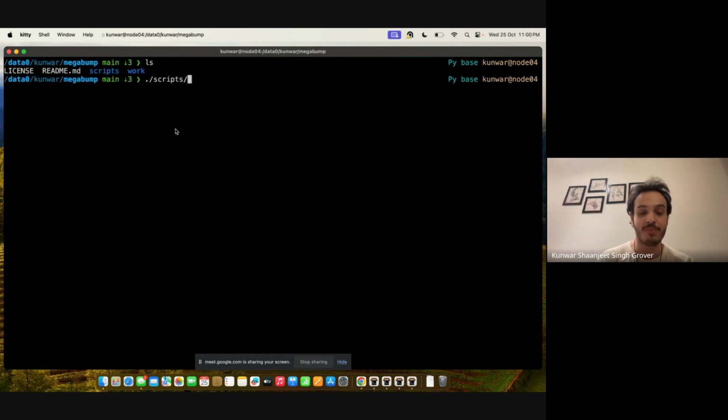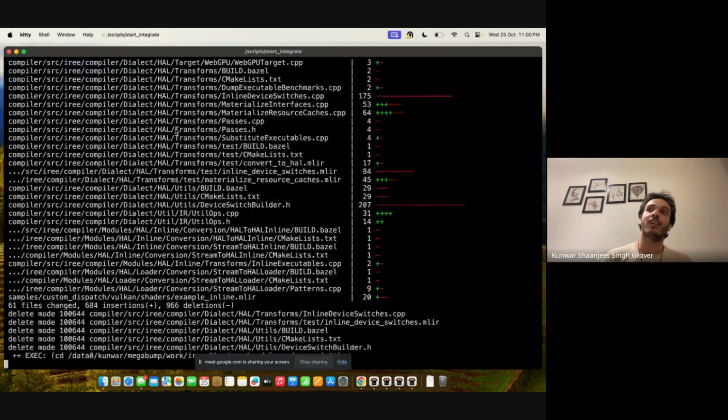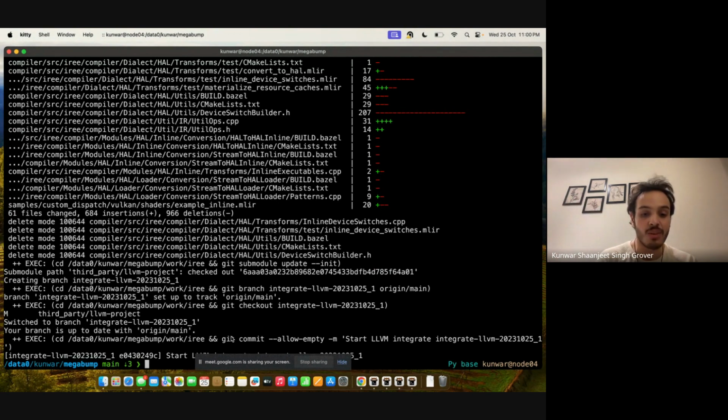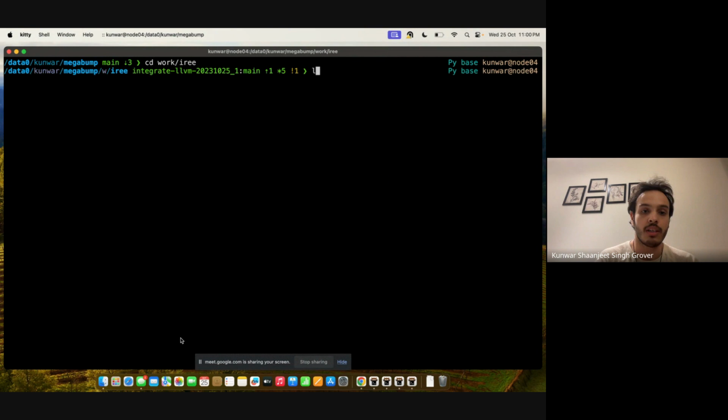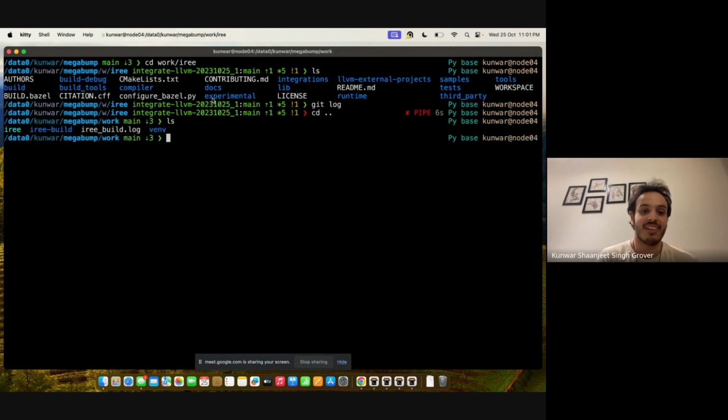So you do scripts, start and integrate, and what it essentially will do is pull iree upstream for you, fetch all the commits from LLVM project, and create a new commit in iree. So if you look at work iree, the first commit will be start LLVM integrate with the date and whatever branch thing. From here,